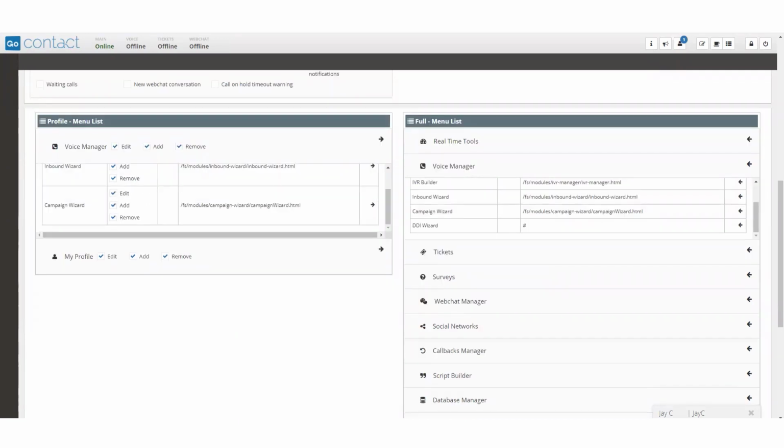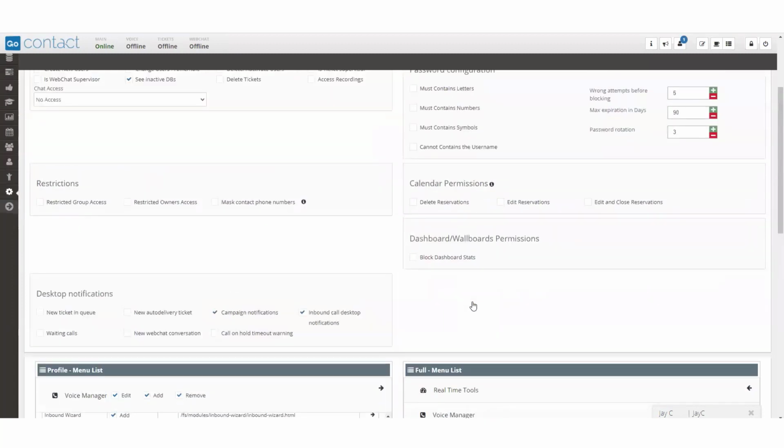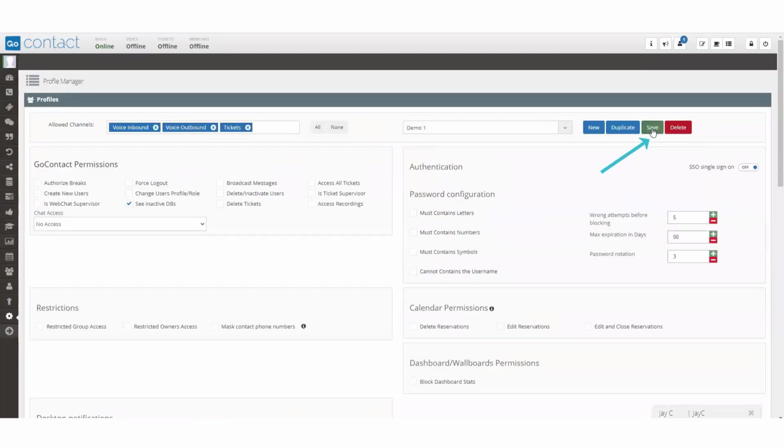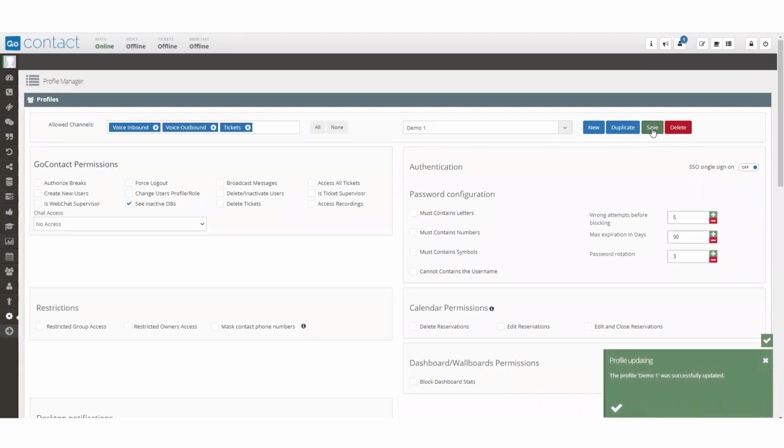Once we've configured our profile, we scroll back up to the top and click Save. We'll get a notification on the bottom that the profile was successfully updated, and you have now created a profile that can be used